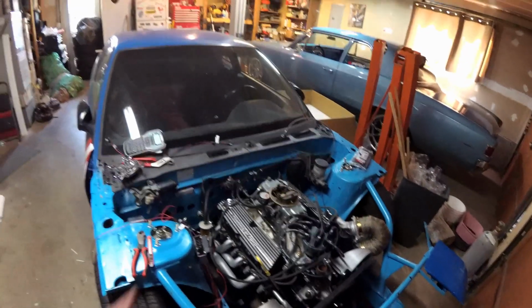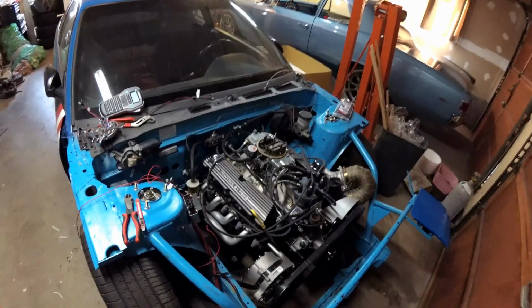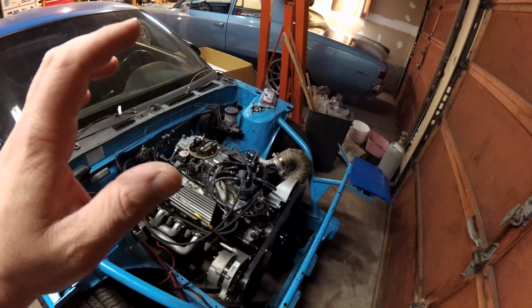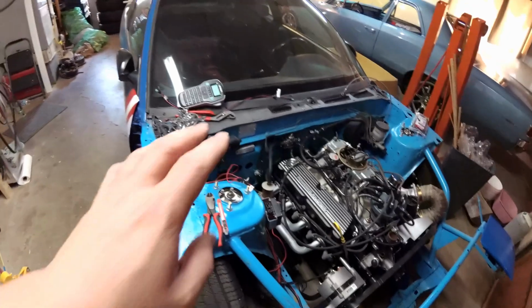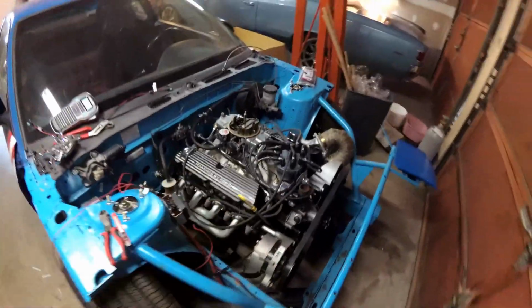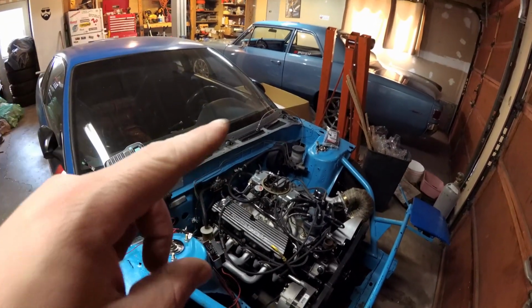So, here is what it looks like right now in its current state. I'll put a link right up here to the last video if you haven't seen that. But, basically, I'm going to go around, check everything out, see what I need to do, and then just pretty much hook it up or install it or do whatever. Get the radiator in, get the hoses in, work on this ignition. I think I can button up the ignition today in this video and have the radiator in, get the alternator hooked up, all the miscellaneous wiring, pretty much get it super, super close to where I need it,